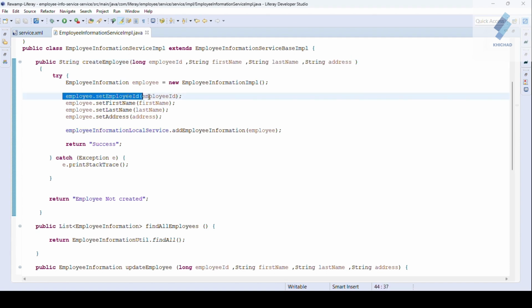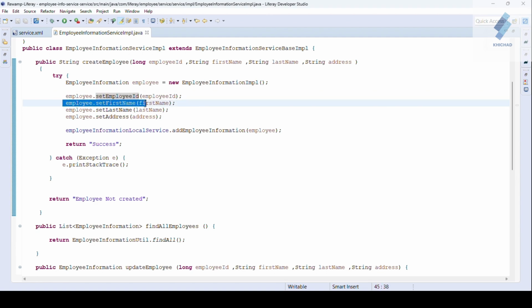I have already set this method, first name, last name, and address. So on, within the try-catch block, I have already created a try-catch block, and implement this.